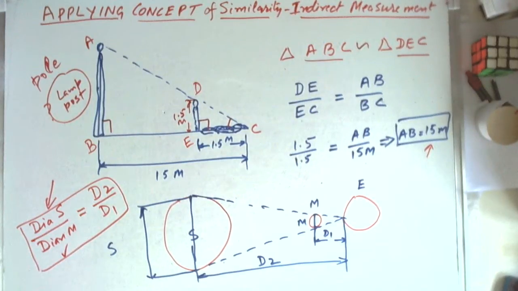So what we have learned in this video is that the concept of similarity is very useful in our day-to-day life as well as in certain subjects, and it helps us in determining the measurement of things which sometimes we cannot directly measure. So by applying the concept of similarity, we